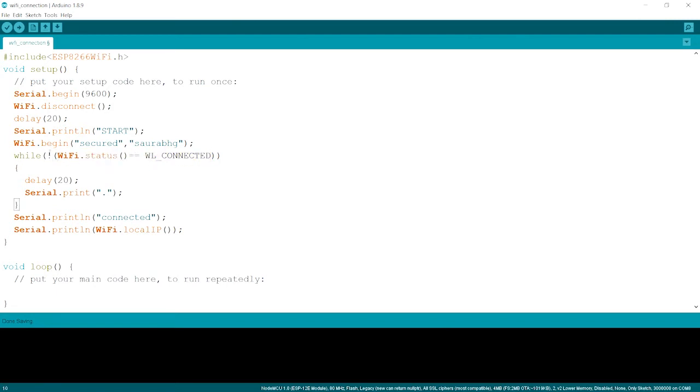So we are giving a not. What we say a not statement is that if it is true and we provide a not in front of it, then it becomes false. So it becomes true over here if this statement is true, and when we are providing a not over here, it becomes false. That means the while gets a false statement and it will come out of it, and we will get the statement println connected.